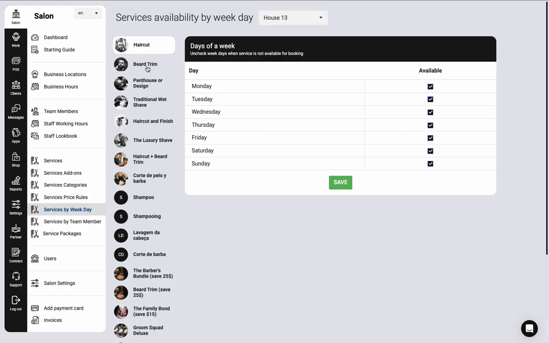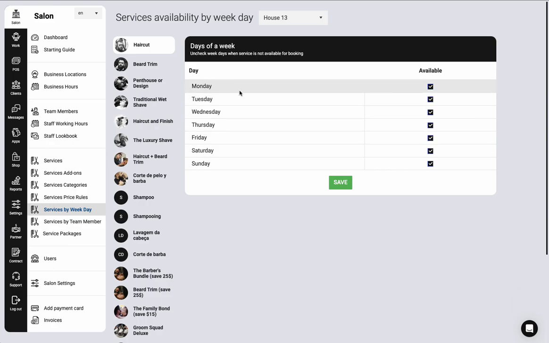It's just additional configuration, because let's say if on Saturday you don't have any barber which provides haircut, like I showed you previously. If you removed haircut and said that Alex and other barbers don't provide haircut, you don't need to uncheck Saturday, because if no barbers which provide haircut work on Saturday, it will not be bookable anyway. But